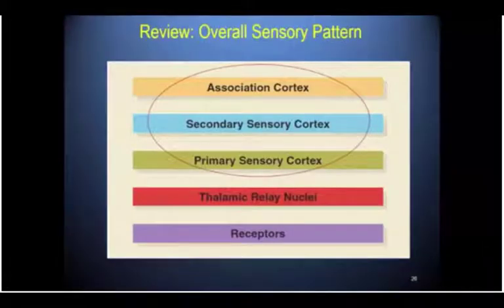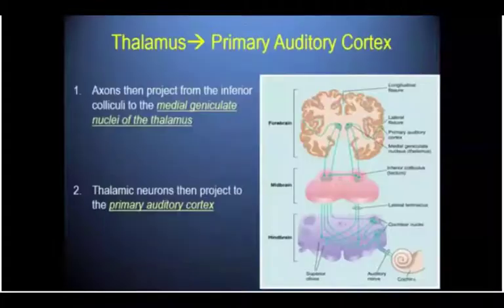Welcome to lecture 4 of section 2. We are going to pick up where we left off, looking at perception of auditory signals. We spoke about the receptors and then the thalamus. In the thalamus, we mentioned a specific nuclei that plays a role in auditory processing, and that is the medial geniculate nuclei. And from there, the information gets projected or sent to the primary auditory cortex, which is located in